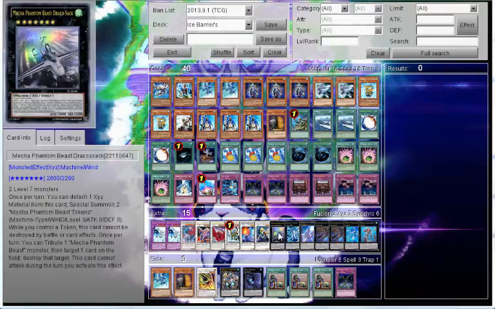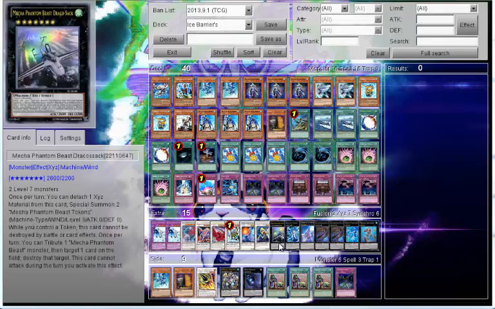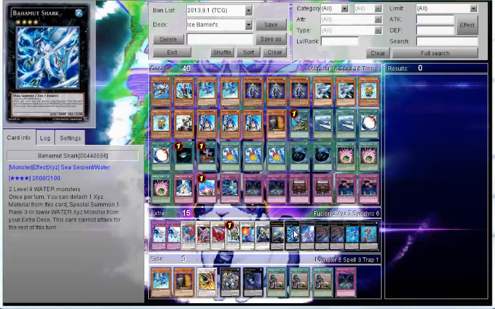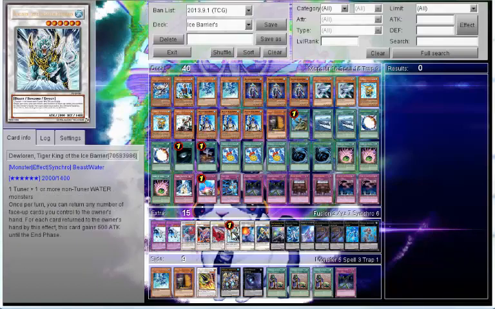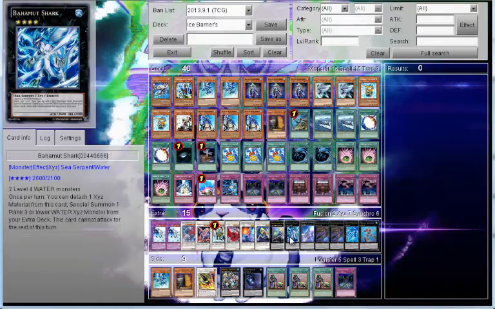Let's go into the Xyz monsters. One Dragosack. You could take this out for normal Gaios, but I don't know, I just went with Dragosack with this deck. One Bahamut Shark. I really want to bump this up to 2, so I suppose you could take out the Duelorin for another Bahamut Shark, because you go into this guy more times than you think,